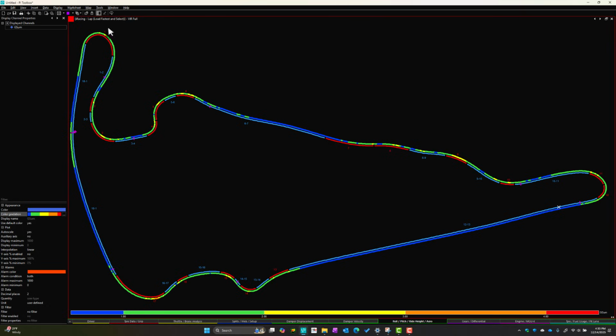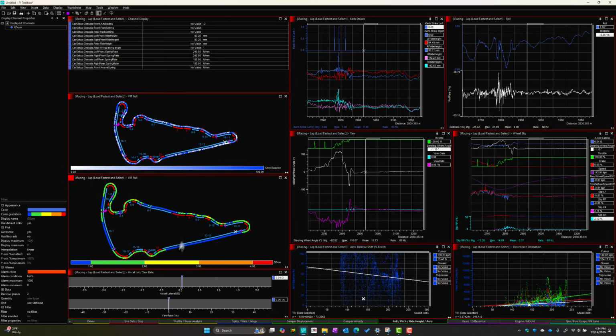So again, there's a lot of time in that 1 to 2 Gs, a little bit of time greater than 2 Gs you see in through here. And then obviously this is straightaways where there's less than a G in it. And then down here, again, they've added the bar displays or the strip displays to show you yaw and lateral